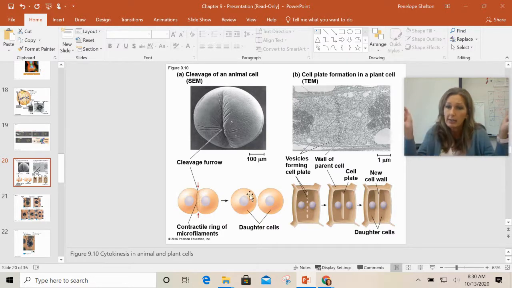So the nucleus has already been reformed, but now I can actually pinch those off and have two daughter cells, separating all the cytoplasm, all the organelles and the enzymes. Well, we can't pinch off a wall in a plant cell. So in a plant cell, what ends up having to happen is we need to form a new wall